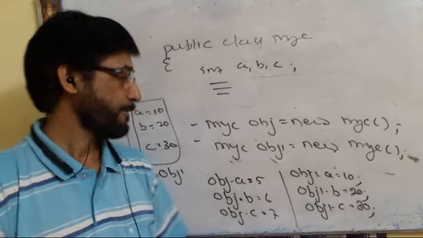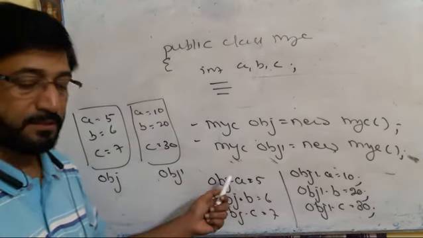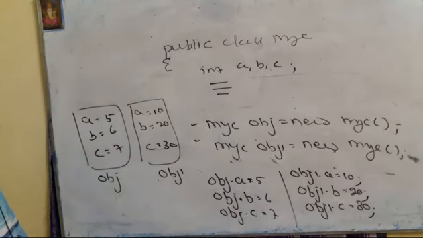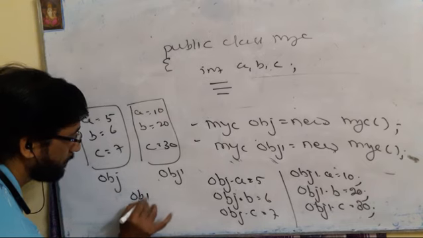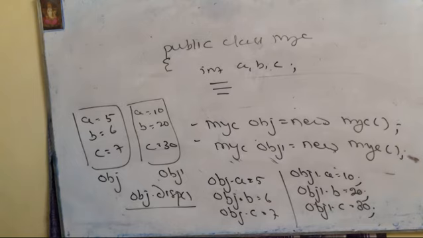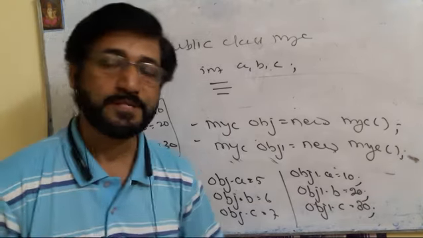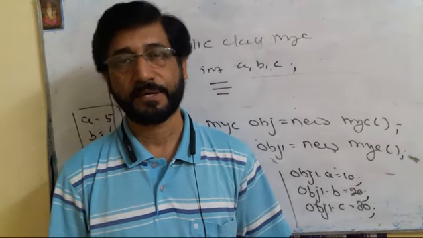It is used to refer to an object by a variable or a method. In the same manner, you can refer to an object by a method. Suppose there is a method display. I want to refer to the display method through the object. So you can write obj dot display. This we will discuss afterwards, in detail in the next chapter. Okay, so this is the reference operator, and this is all about the operators in the Java programming language.